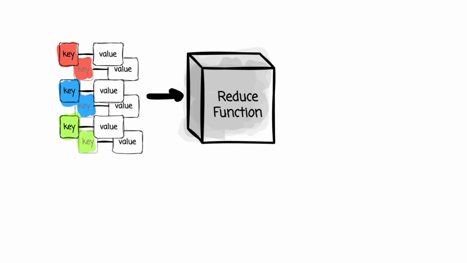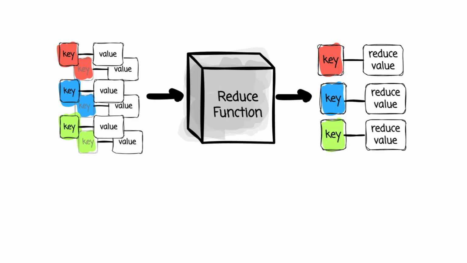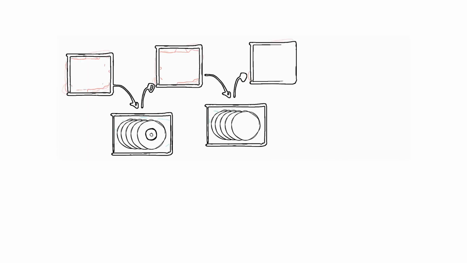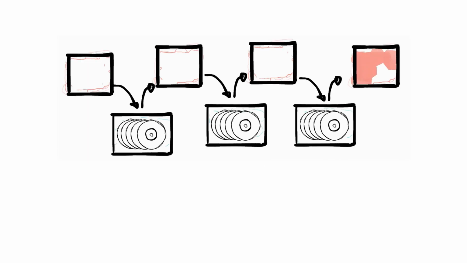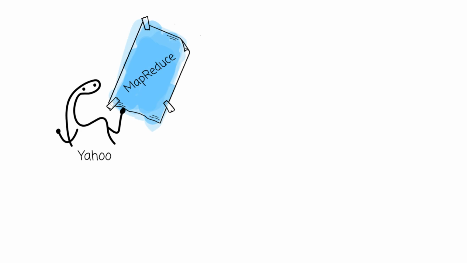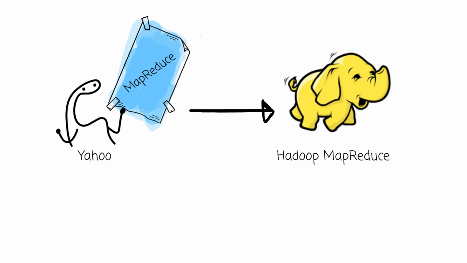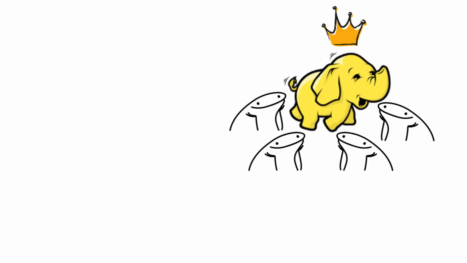Reduce. It receives intermediate values from map tasks. It then merges the intermediate values from the same key using the defined logic, for example, count or sum. To ensure fault tolerance, for example, if a worker dies during the process, MapReduce relies on disk to exchange intermediate data between data tasks. Based on Google's paper, Yahoo released the open-sourced implementation of MapReduce, which soon became the go-to solution